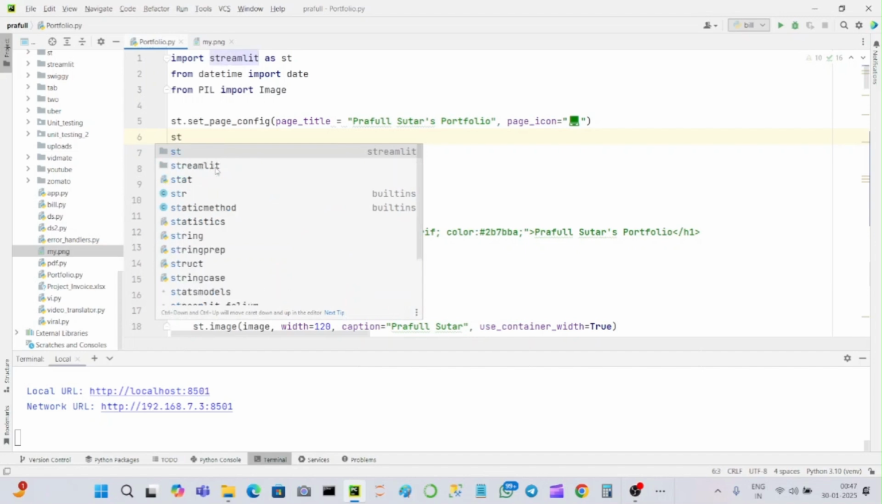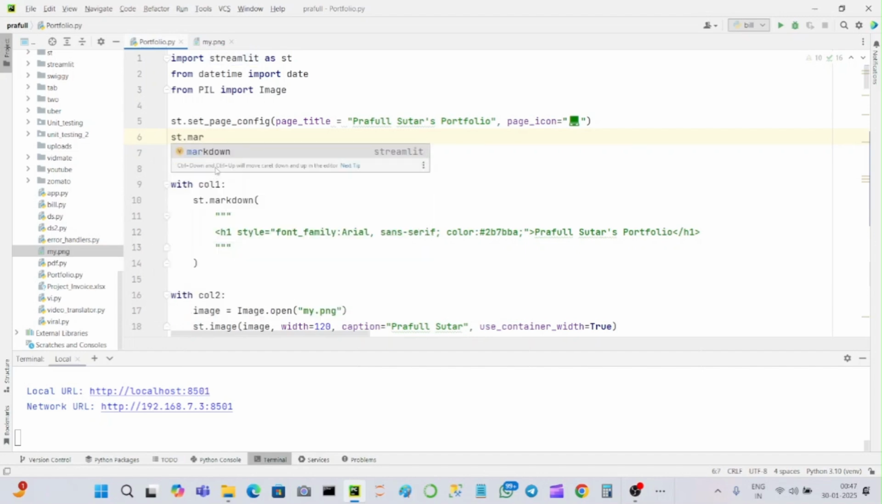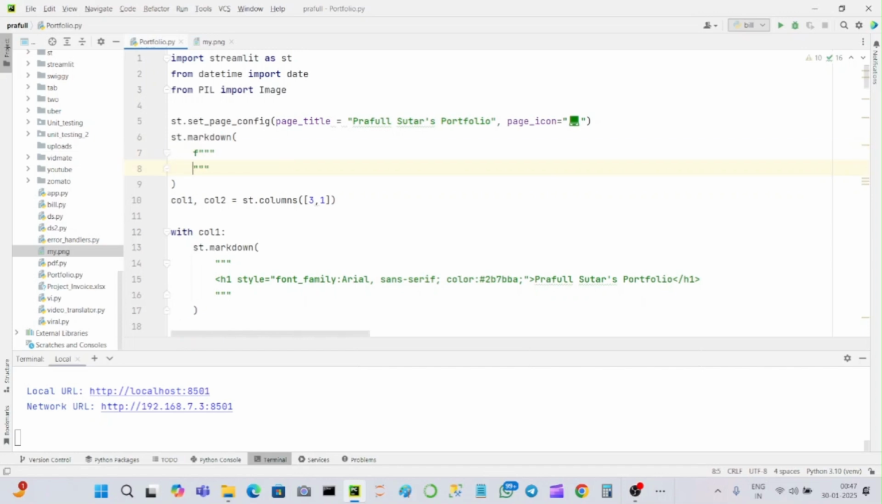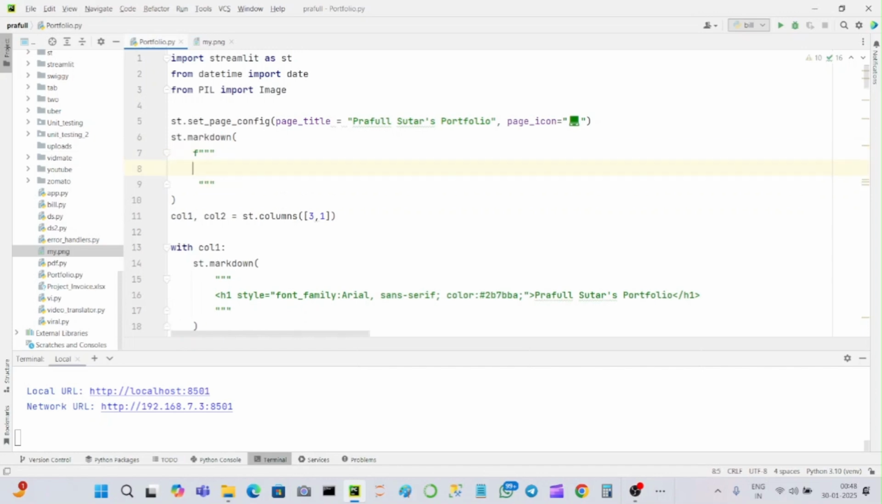So st dot markdown. Okay, again triple quote. Again I'm using here an f string, enter. Okay, let's add CSS. First we are going to add CSS to our title page. So to add CSS to our title, dot title,